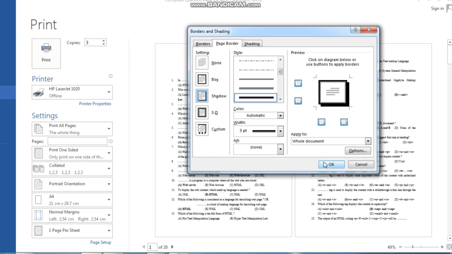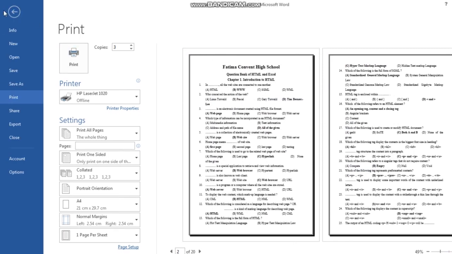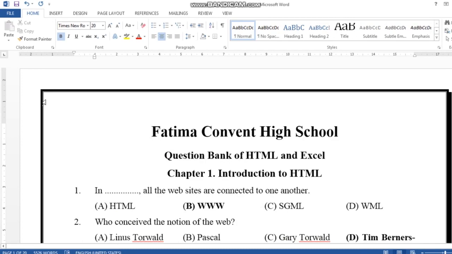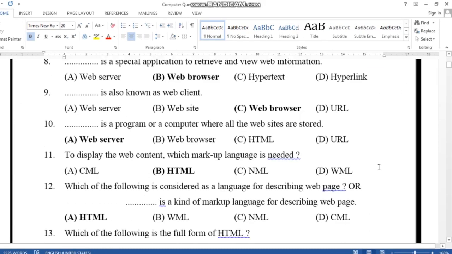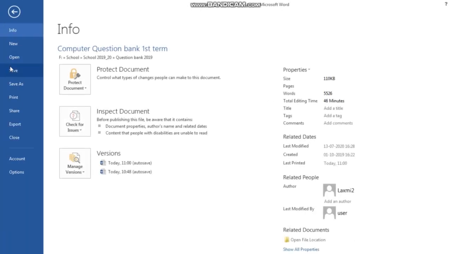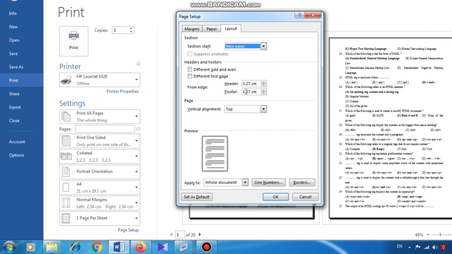Okay, now I click OK. How will it look? Just see. Okay, I close this print dialog box and now you can see the border. It's looking attractive, isn't it? Whenever you prepare a project, you can add borders in this way. So we get the border from the print dialog box. From print we have to go to page setup, and from here we get the border option.